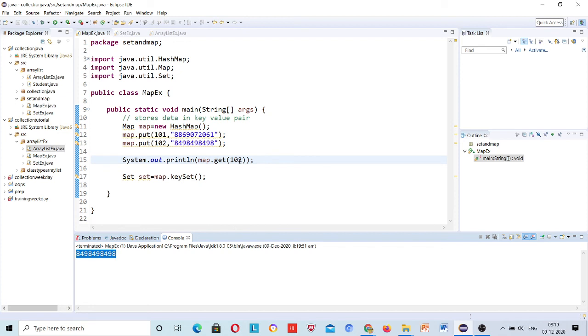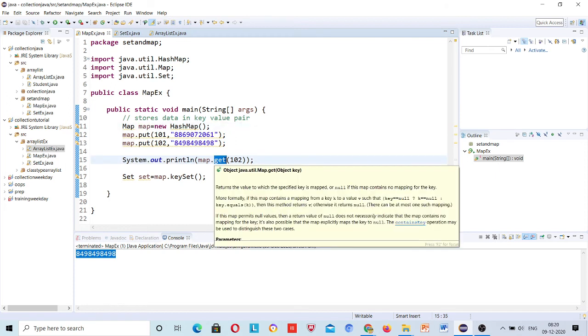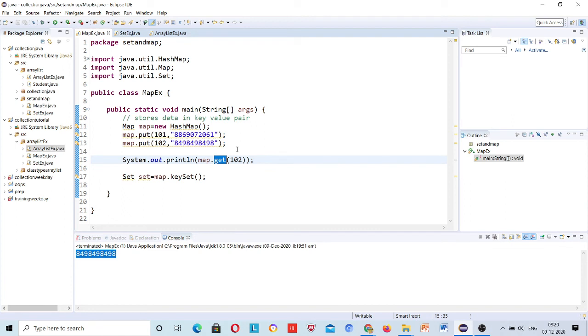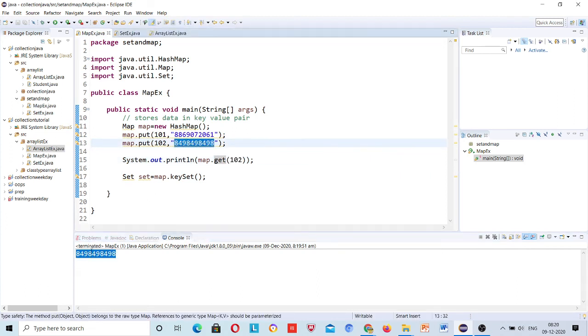Okay, I need to write "roll number printed". So what I have given is map dot get. Previously I was passing the index, but here I am passing the key. Once I pass the key, the corresponding roll number is printed.